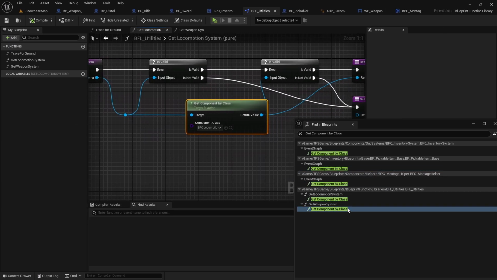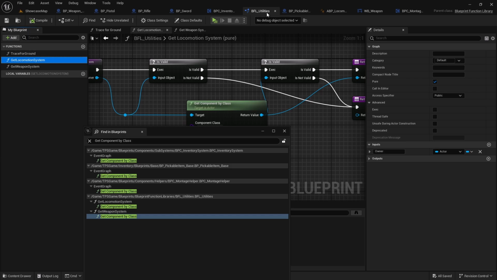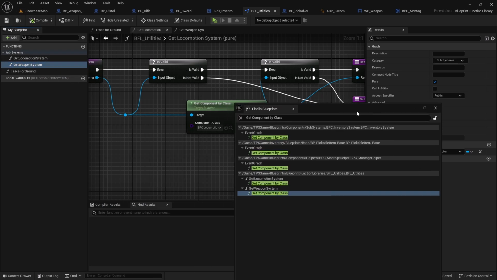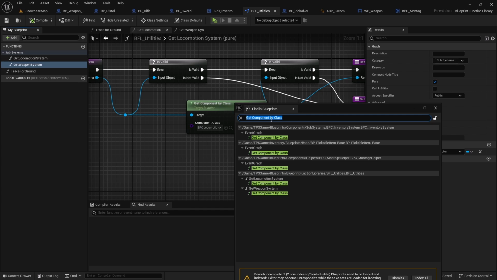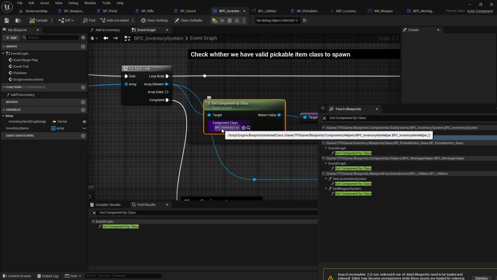Right, I think that's all. And one thing to do, like we can actually organize this into a category called the subsystems, so it will be much more organized. Okay, and then let's go for